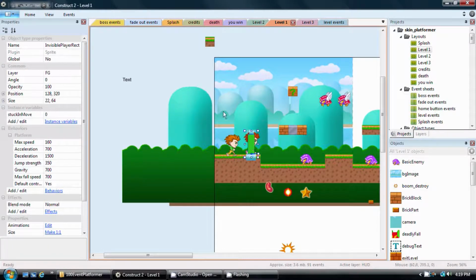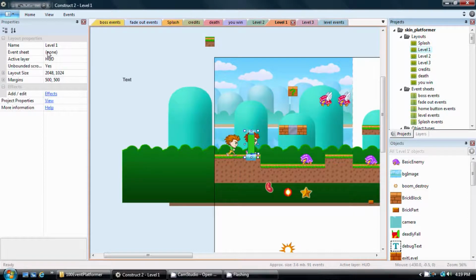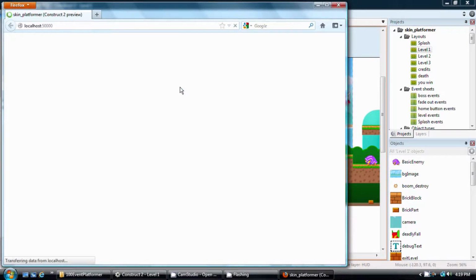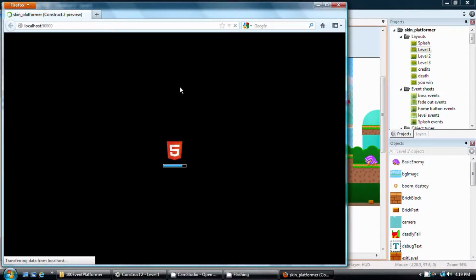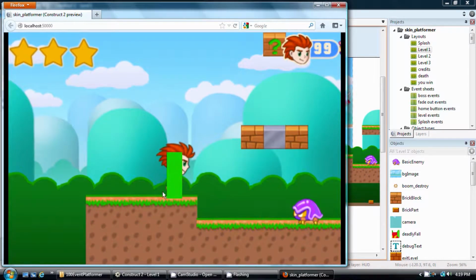Okay, so now that this is visible and there's no events at all associated with this level, if I actually run it, you'll see now we can see this green rectangle, and this is what I actually use in the platformer to control the player. And you can see that I'm using the arrow keys right now, and I can walk around, I can jump, and it automatically collides with walls and floors. And all of this is happening with no events whatsoever, just by giving this object a